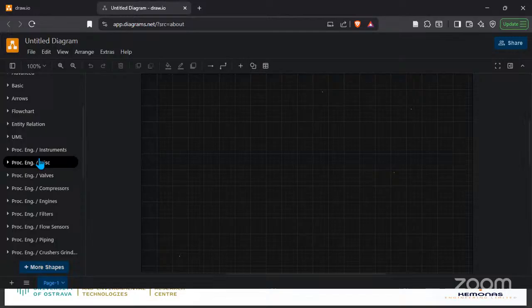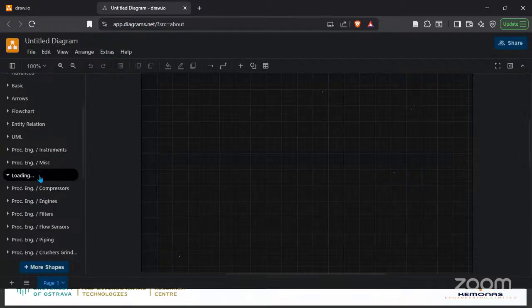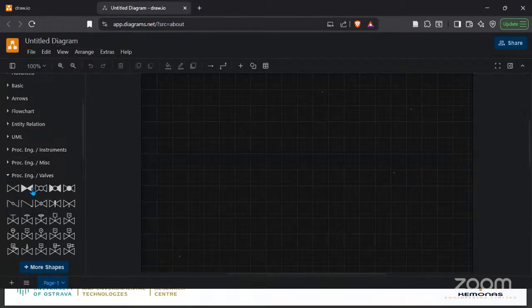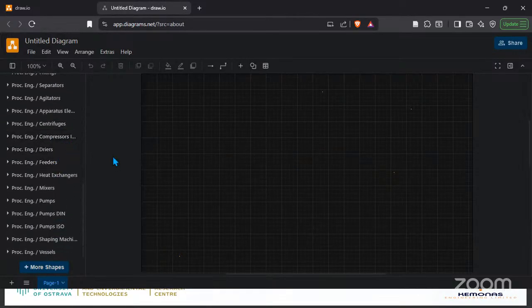So for your AutoCAD P and ID, it's quite similar to this, and on each bar you have the equipment, the valves, and all of those symbols that we went through, the control valves, of course. So yeah, we have all of this, and now let's start the design. Let's start the design. So we said we need